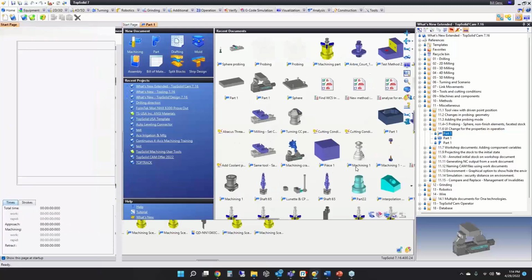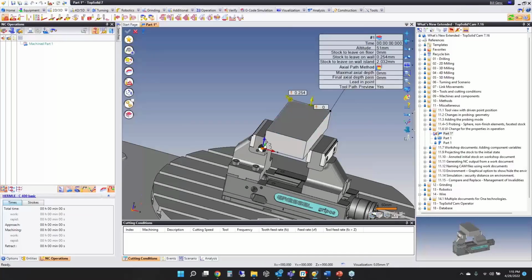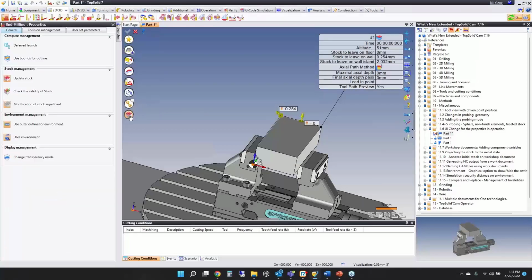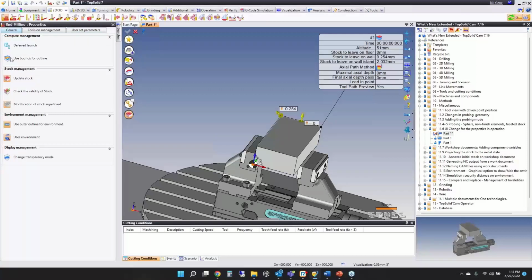We have a slight user interface change for you. I go into end milling, it doesn't matter which operation we go into. Okay. This button down here, the properties of the toolpath, used to bring out a pull-out icon bar. It's now been replaced with a full dialog box so that it's easier to understand what these options are. Okay, so you have your collision management section, your user set parameter section, your general section. Okay, do I want to update the stock, yes or no? Okay, so again,